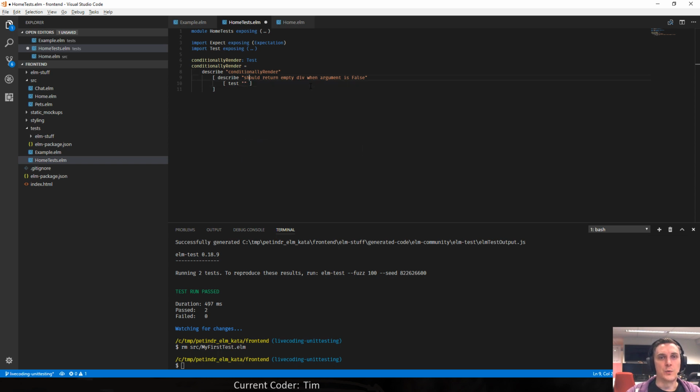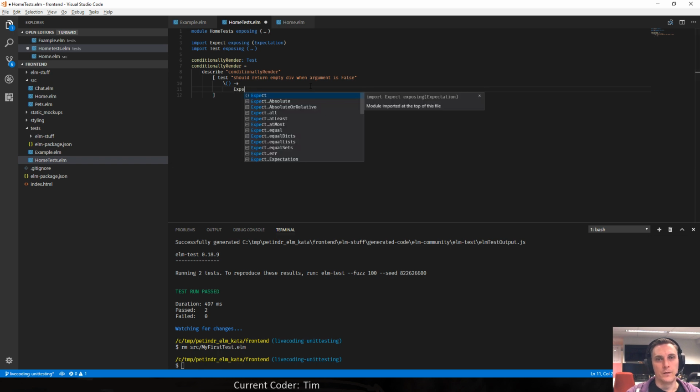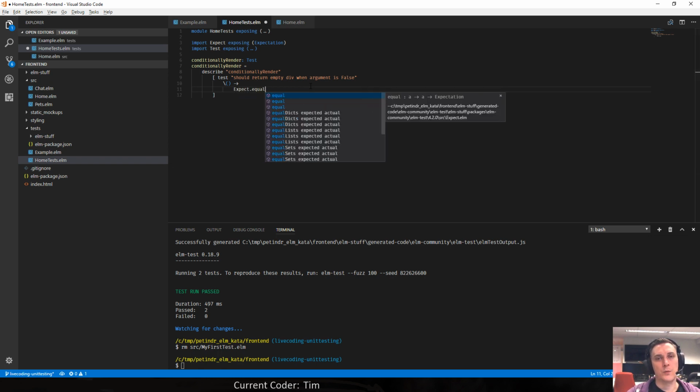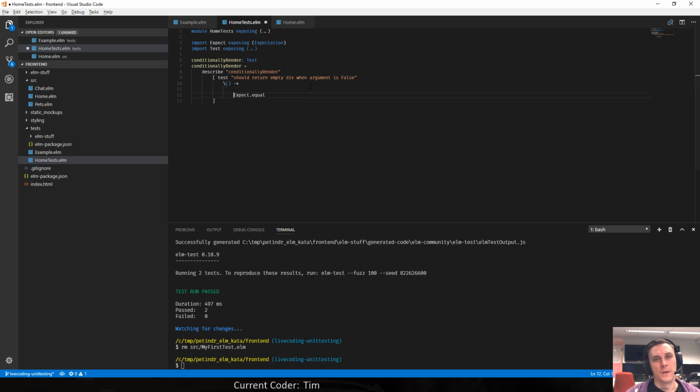And what should this test do? Actually, we don't need the extra describe in this case. Right, so then there's our anonymous function. Here is the equal that we can write.